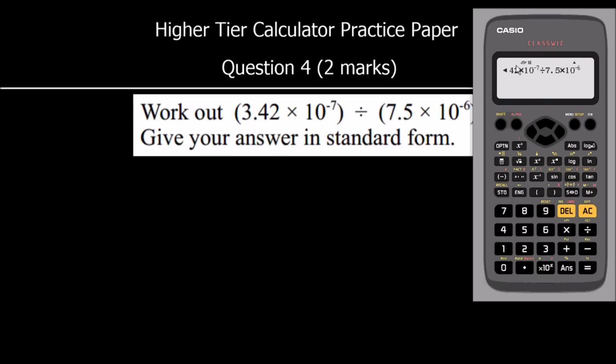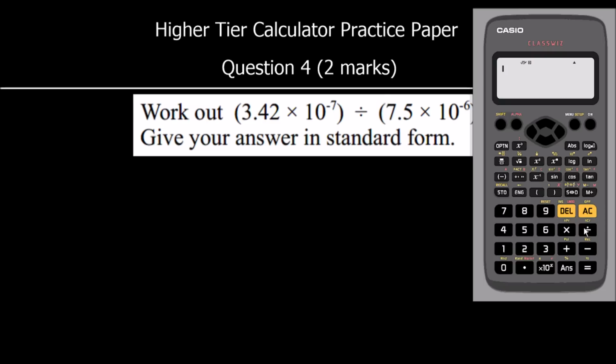This won't work because the calculator will want to do it in order. It won't see these as 2 different numbers. So if you're going to type it in like that, you have to put brackets around the 2 numbers like they are in the question. And that will give you your answer,